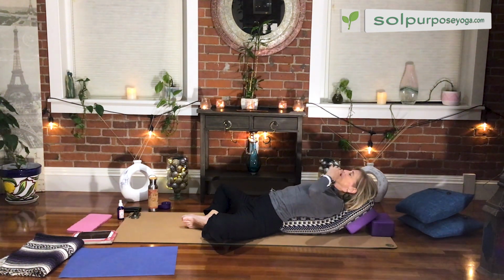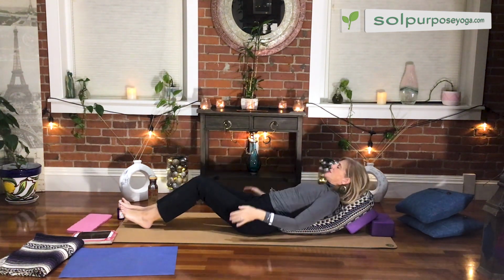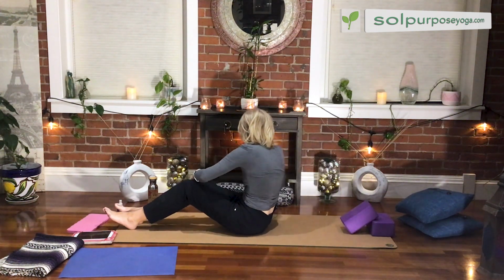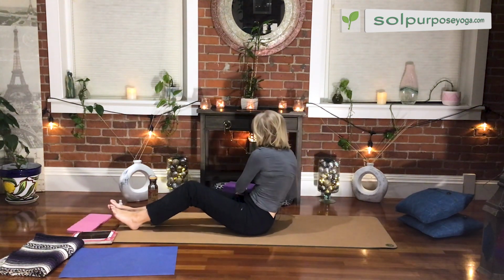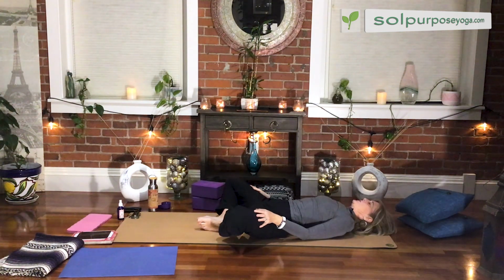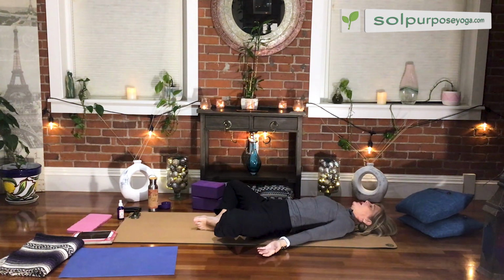So for those that are using the bolster, let's bring your knees together and slowly sit up, remove the bolster or your pillows and your blocks, but keep the blocks handy. And for those that aren't using pillows or bolster, so all of us together in our butterfly,